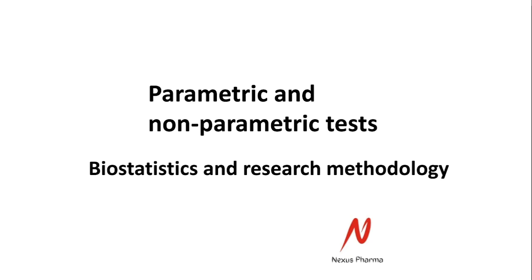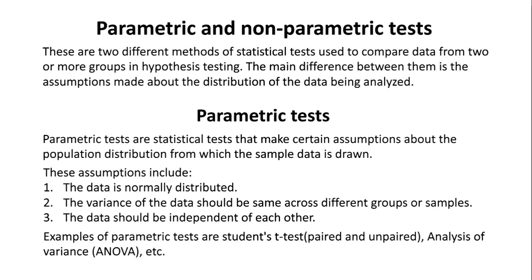Hey. The topic I am going to discuss is parametric and non-parametric tests. Parametric and non-parametric tests are two different methods of statistical tests used to compare data from two or more groups in hypothesis testing. The main difference between them is the assumptions made about the distribution of the data being analyzed. Parametric tests. Parametric tests are statistical tests that make certain assumptions about the population distribution from which the sample